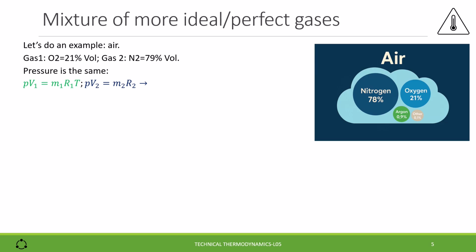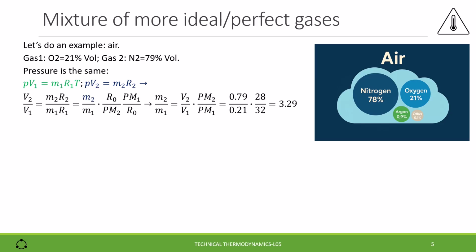We can write the equations of the ideal gases in such a way. Pressure times V1 equals M1 R1 T. Pressure times V2 equals M2 R2 T. Therefore, the ratio between V2 and V1 is the ratio between M2 and M1, because R0 cancels out. If we solve for the ratio of the masses M2 over M1, we find this value,